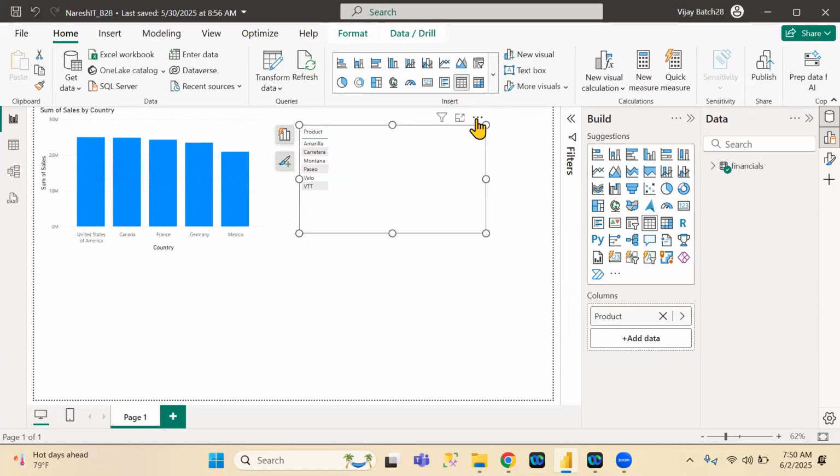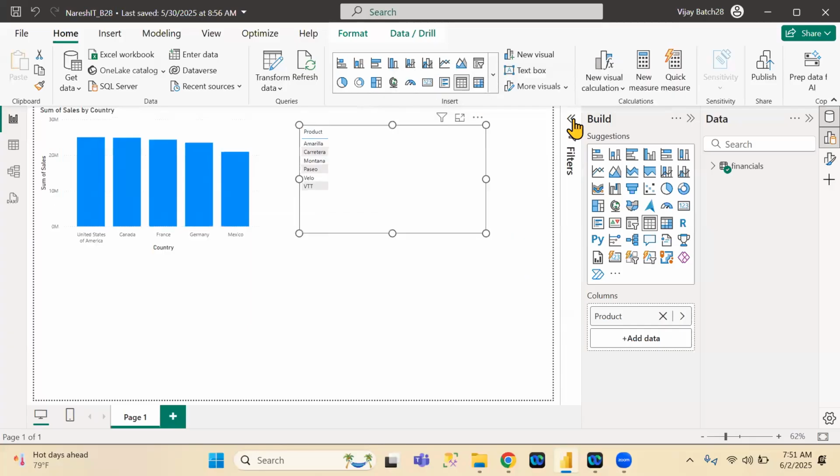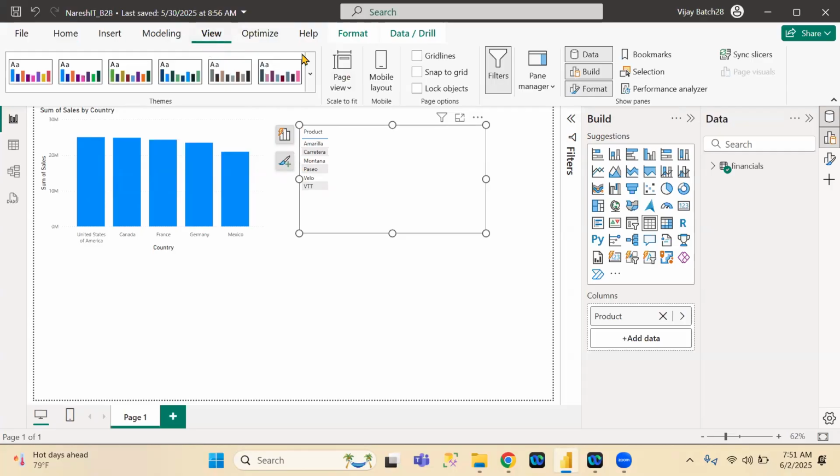Okay. So next one is filter pane. What is this one? Filter pane. This filter pane is available here itself. Suppose this option is not available here, maybe it is in disabled mode. Again, if it is in disabled mode, how to enable it? If it is in disabled mode, you cannot see this particular one, right? How to enable that same option again means come to the view tab,